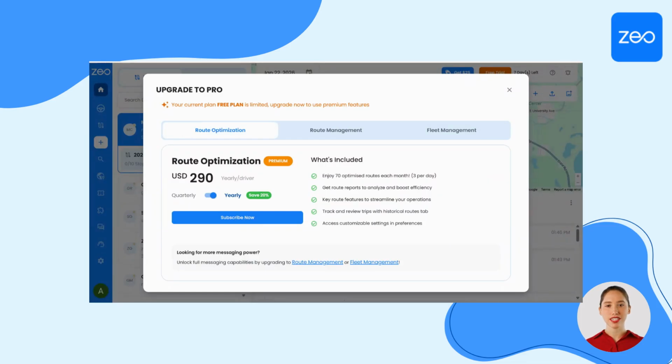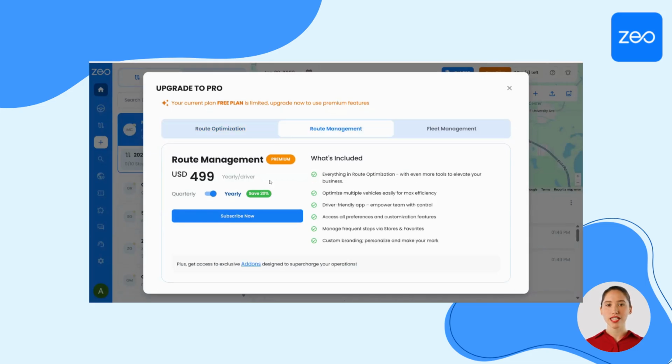Route Optimization. This plan helps you improve delivery efficiency and includes route reports to analyze performance, core route optimization features, access to historical routes, customizable preferences for route planning,